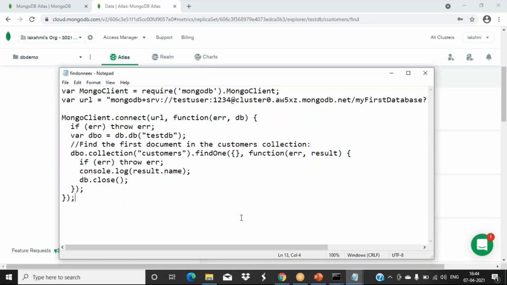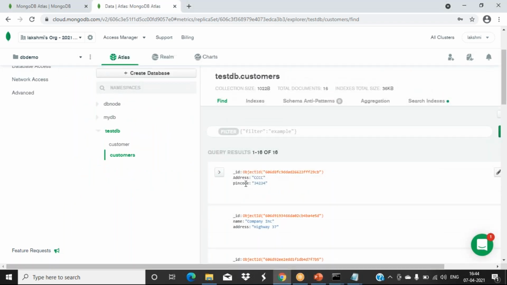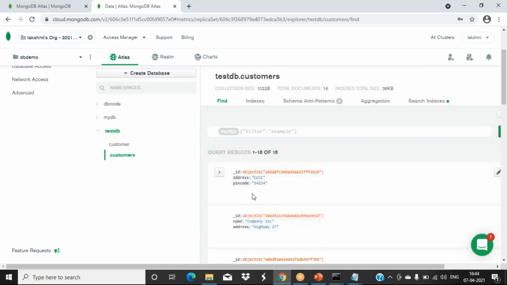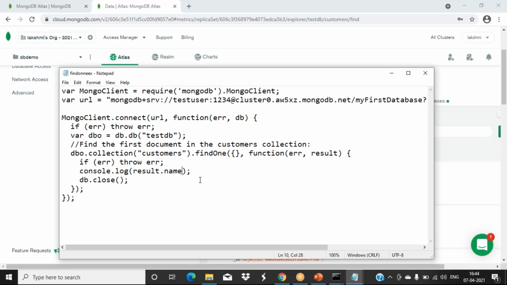Okay, that first one was not having any name value. It will always take the first one only. Which one? findOne. One minute. See, all the others had the name property, but this one doesn't have that name. What I'll do is change that name into address.